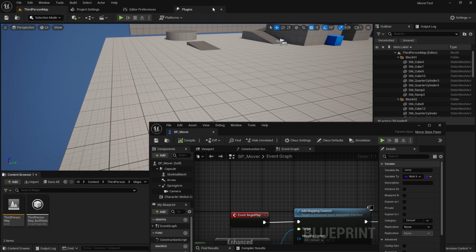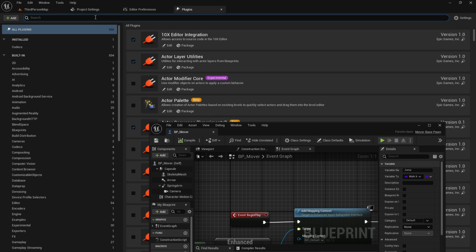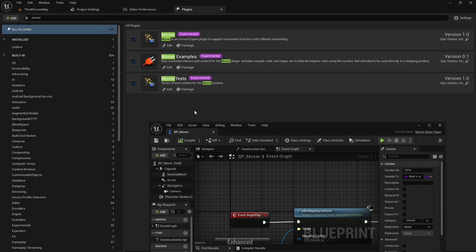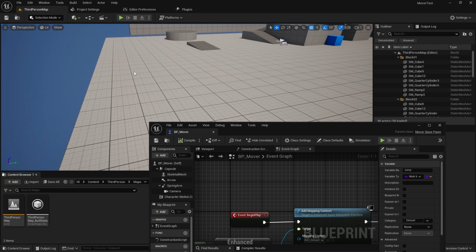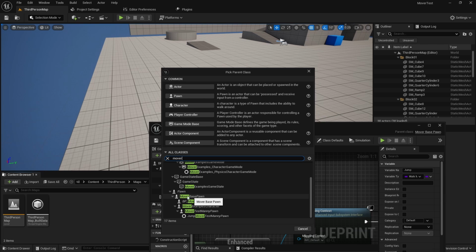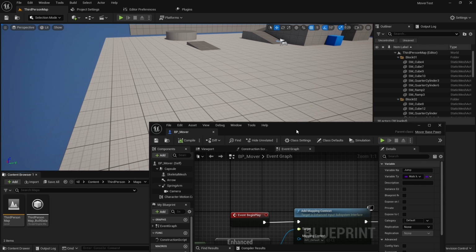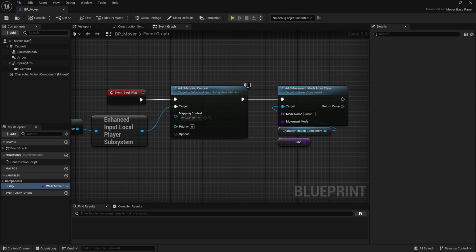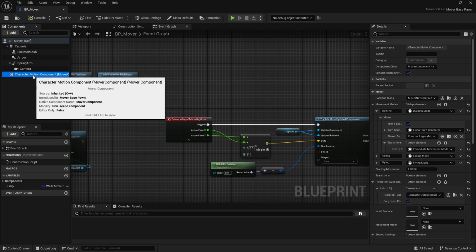Yeah, so first, if you want to enable it, you need to go to the plugins and just enable this. You don't have to enable these two, I just enabled them so I have some examples to show you. But if you enable this movement plugin, you can right click, then Blueprint, Mover, find Pawn, and basically get the pawn here. So I created one class just to test stuff out, and the main thing is you have this